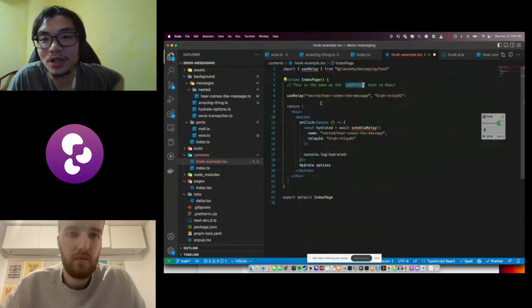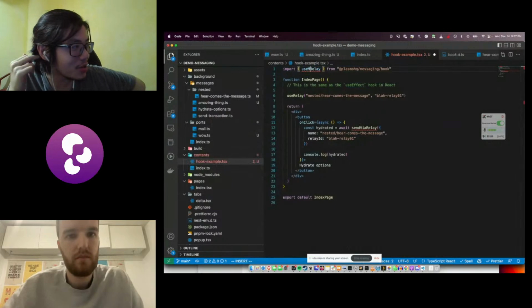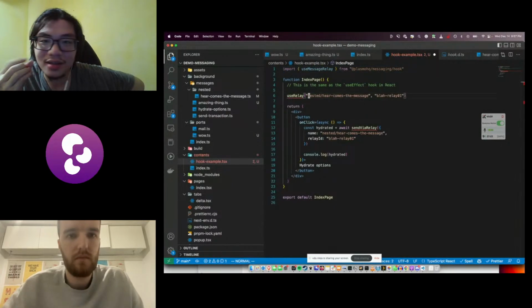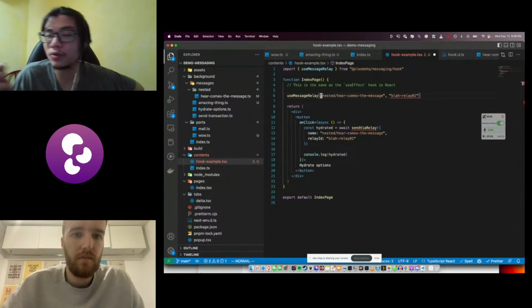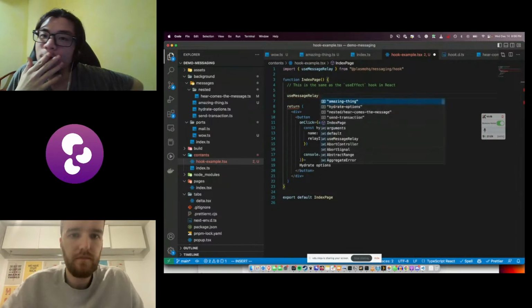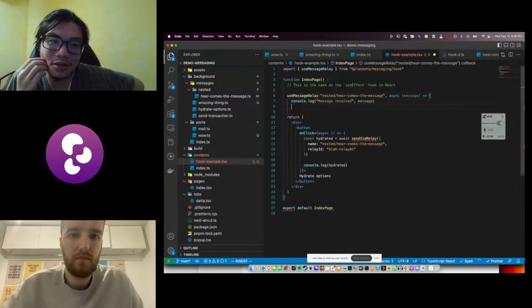Oh, use message relay is the name of it. I think I should rename it to use relay, to be honest, because the idea is that eventually there's a thing called port. I want to do port relaying as well, but that's a little bit different concept. I'm not sure how to handle that at the moment.